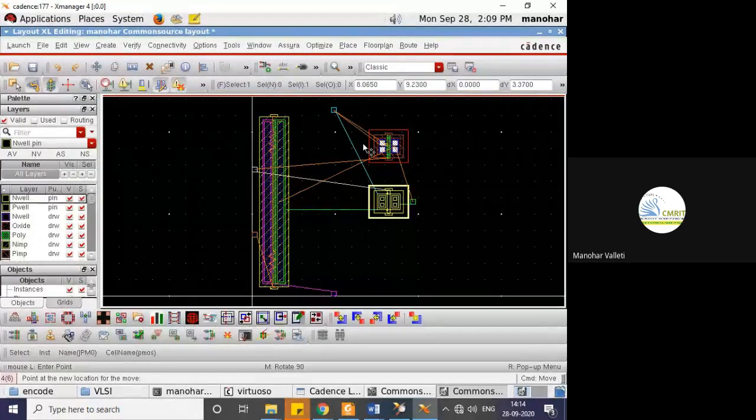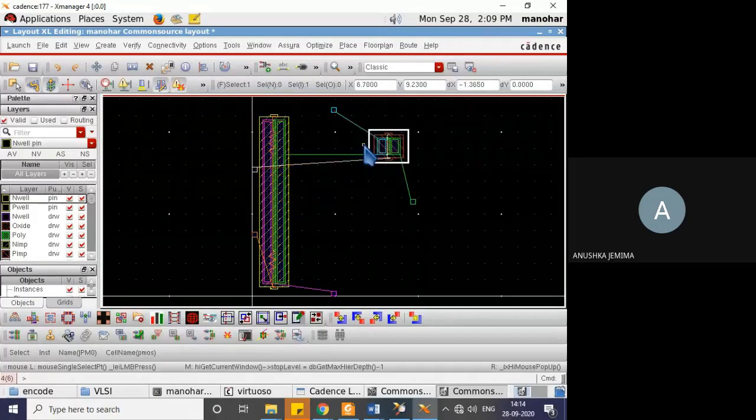Can I move diagonally any of the elements in the layout editor? Can I move diagonally? No, sir. You cannot move diagonally.